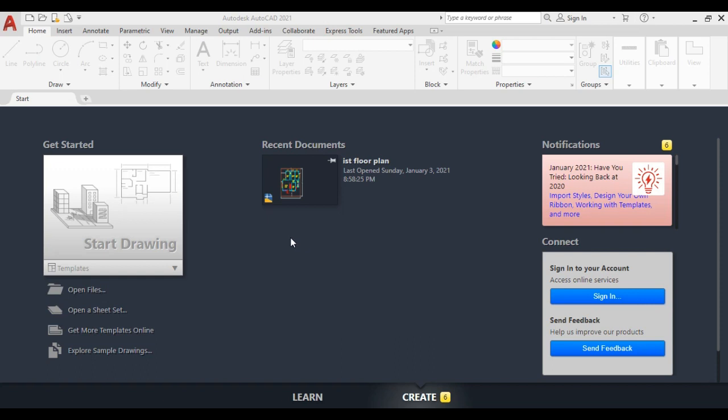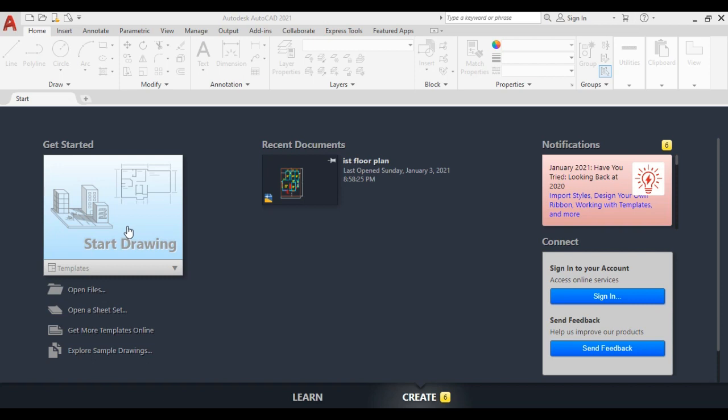Here you will get three sections. The second section is recent documents and the third section is notifications. In the first section, you can see the start drawing option. If you click here, you will go to your drawing sheet.